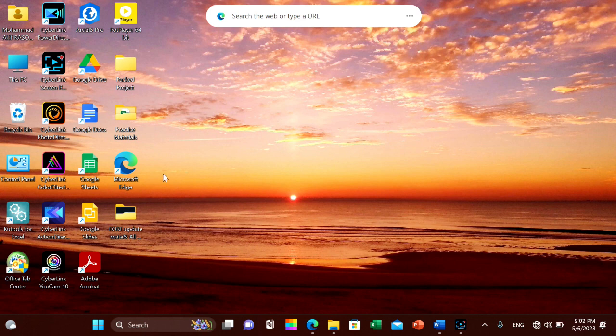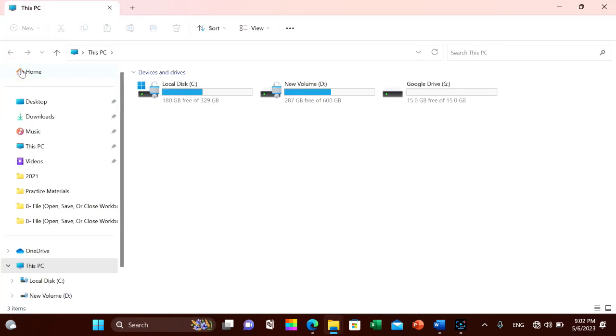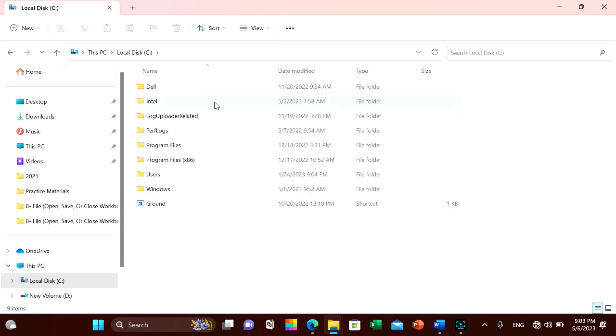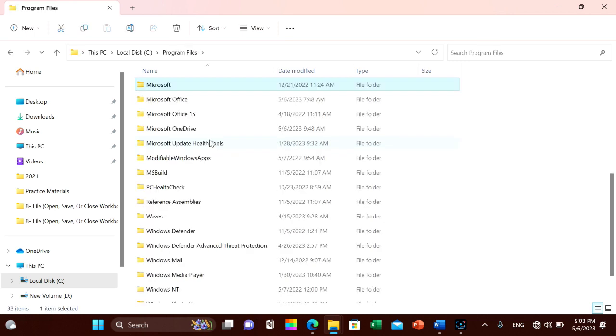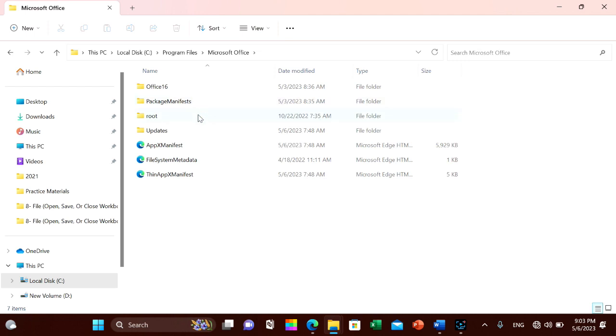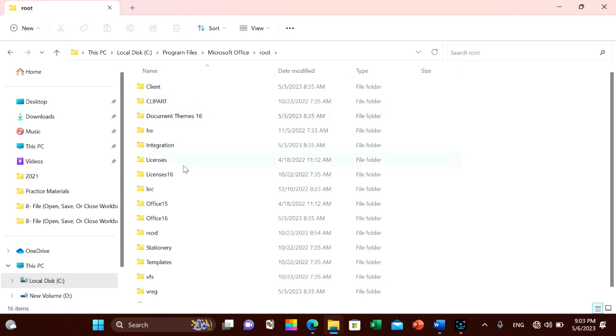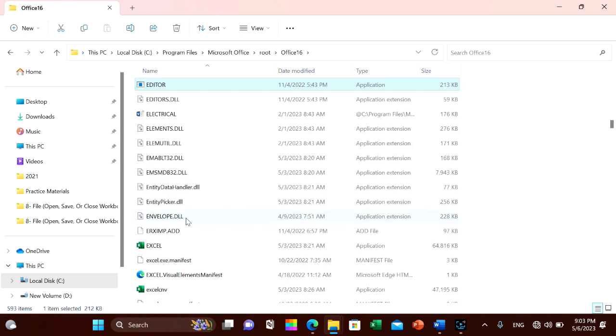Please do as follows. Open the Office folder on your computer with the following path. Open the drive C. Click on the program files. Search for Microsoft Office. Open the root folder. Open the Office 2016 folder and type EX, and